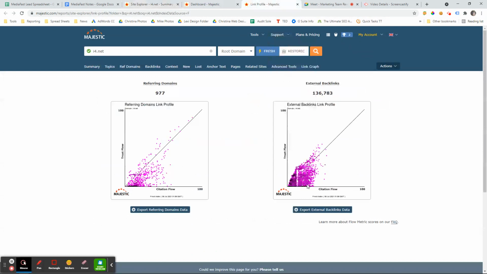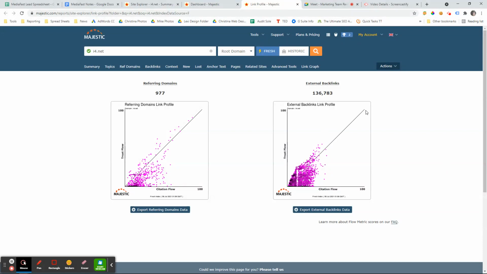So for example, we've got some pretty good clusters down here that have almost no trust flow, but high citation flow. That's probably things like social bookmark links and whatnot. It doesn't necessarily mean you want to get rid of them or that they're bad, but if you have way more of those than you do of your higher ones or your ones that have higher trust flow, it's going to bring your average down. The idea is you want to kind of have an equal flow of all of them, and ideally as many towards the right end of the graph as possible and as few as possible on the left end,